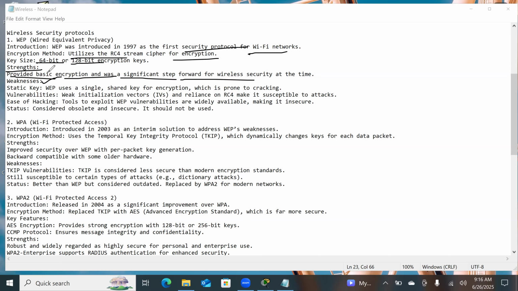And some weaknesses. So it had some weaknesses. So that is the reason it didn't work for longer years. Okay. So the first weakness is what? It used to give a static key. Static key means what? If I'm able to, so this is my Wi-Fi and I'm going to connect with a